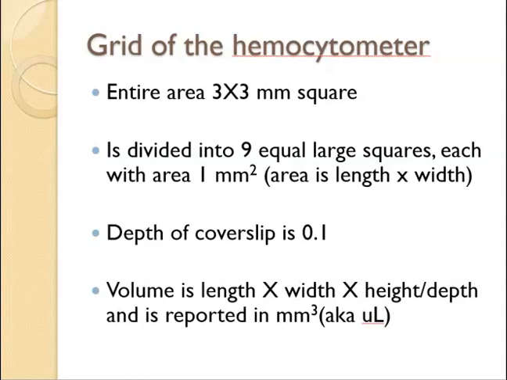That whole grid pattern, the entire area, is 3 times 3 millimeters squared for all 9 squares. And again, it's divided up into 9 equal large squares, and each has an area of 1 millimeter squared. That's length times width, and the depth of the cover slip is 0.1. That's from the bottom of the cover slip to the top of the slide. That area there is 0.1. So our volume is length times width times height, or depth, and it's reported as millimeters cubed or